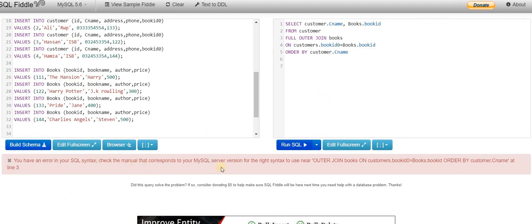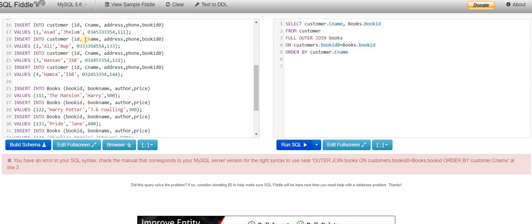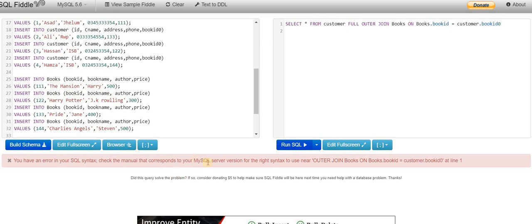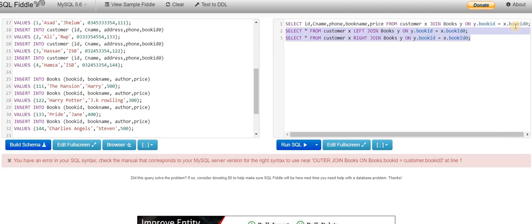Okay, you check the manual address. CNAME. Where is CNAME? Okay, select customer CNAME. Okay, I didn't put the books capital. Okay, there's one more mistake. Customers near customer. So let's run this SQL. Okay, so what this says is MySQL Server version for the right syntax. So ये वाली command you guys can run on Microsoft Workbench. I don't know why it's not working here. So हम क्या करते हैं, काम करते हैं.